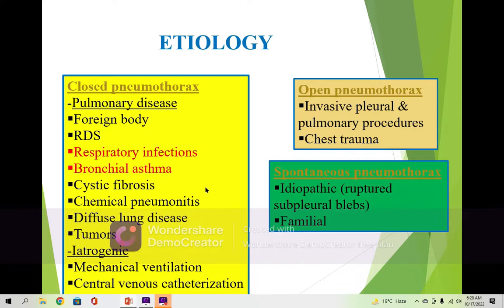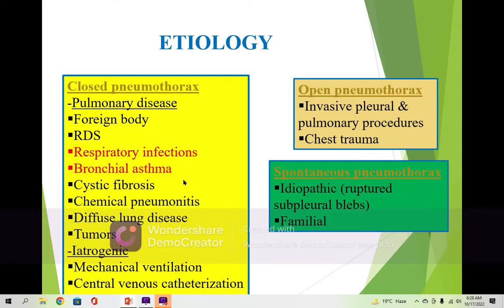The other one which I mentioned is a suction type, called the valvular type of pneumothorax, in which the air is entrapped during inspiration and does not go out in expiration, like the formation of a fistula between the pulmonary parenchyma and the pleural space. Again, it is the bronchopleural fistula which causes this type of problem.